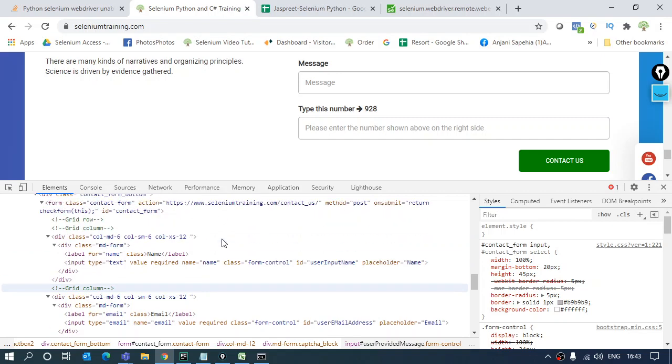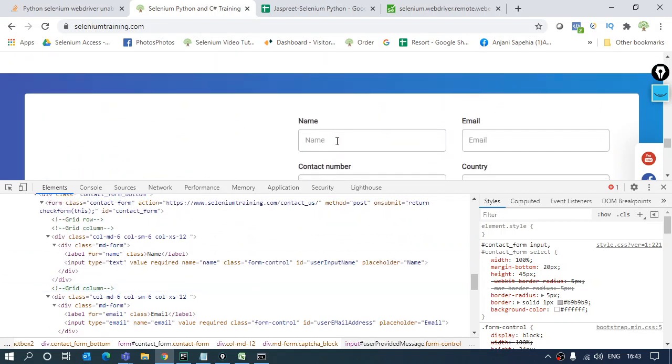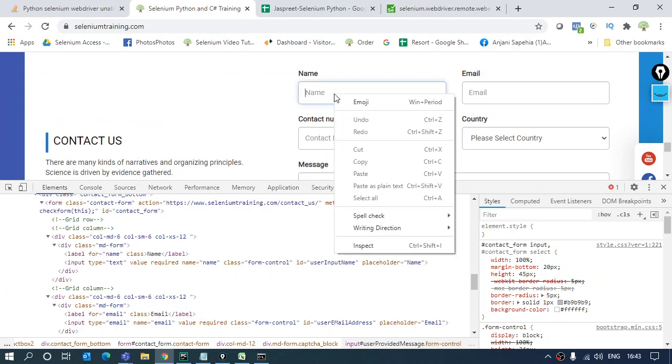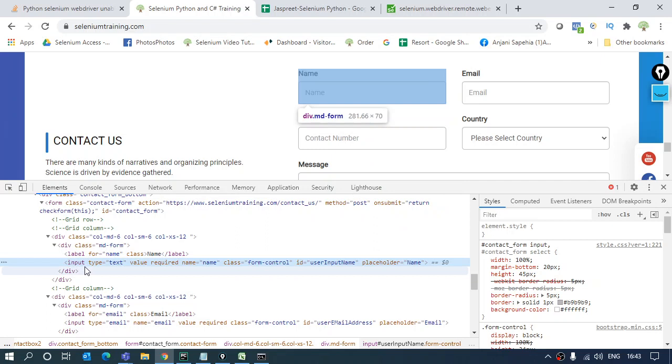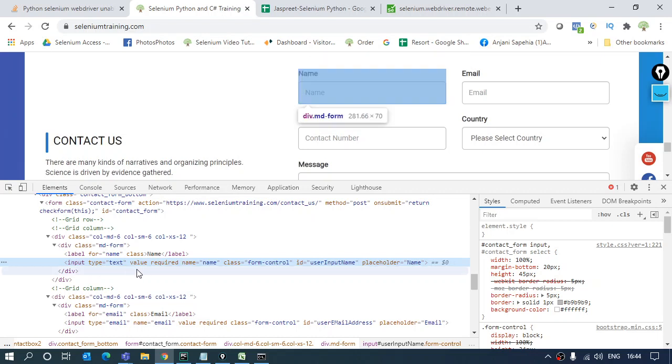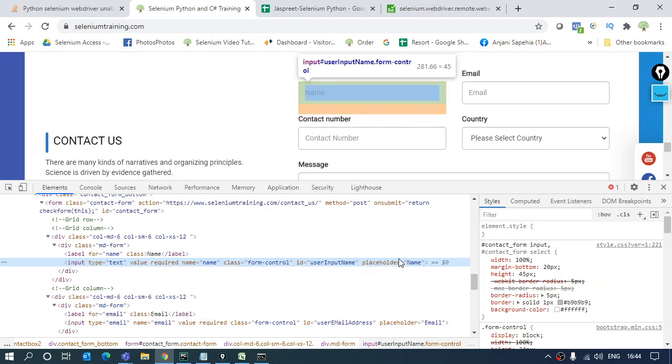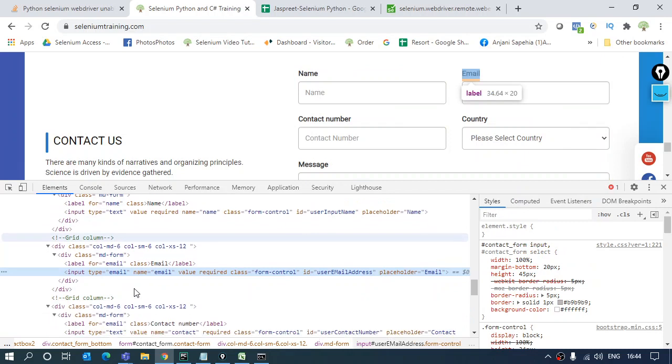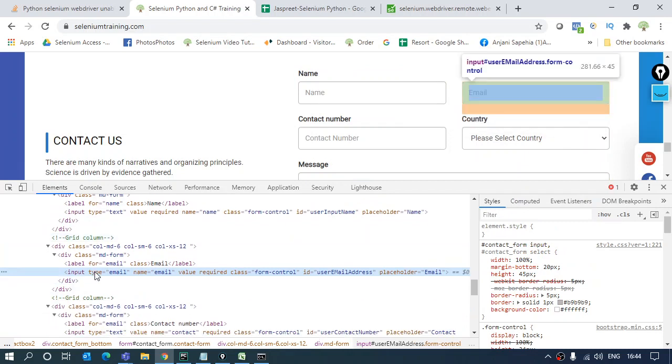Talking about the mandatory attribute, now if you look over here, I showed you four of the elements, right? So over here, with this tag, I have the attribute type in the yellowish font. I have a type attribute, then value, required, class, ID, placeholder. If I look at the second element, again I get the input tag.